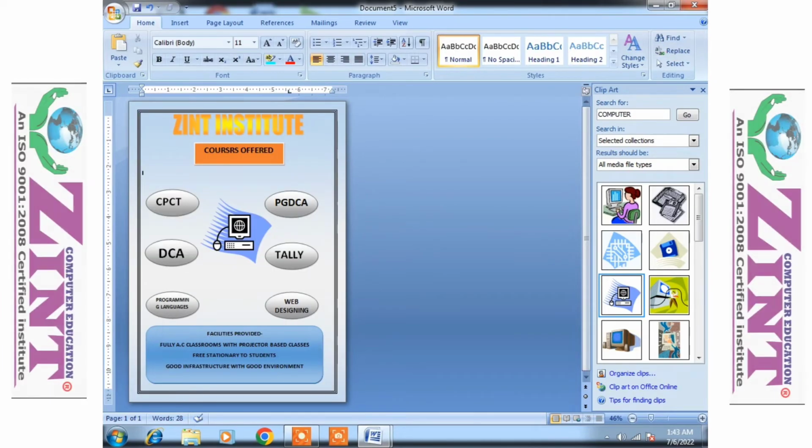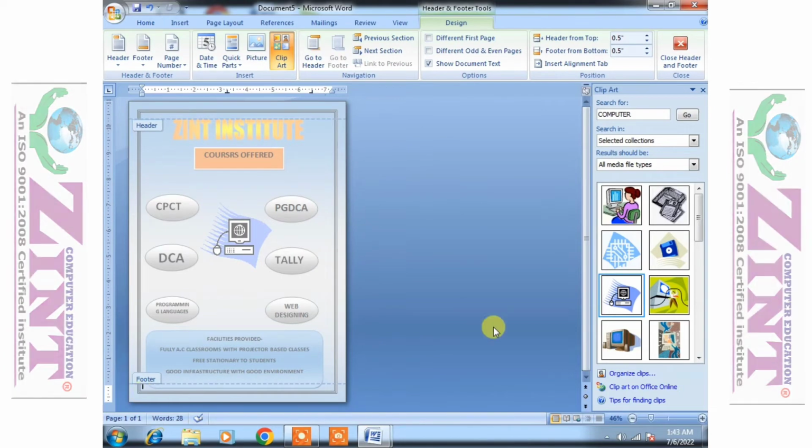So I just use the footer part. You can activate the footer part by clicking on the bottom of the page, and I am typing the address of our institute: Fulbagh, near railway crossing.